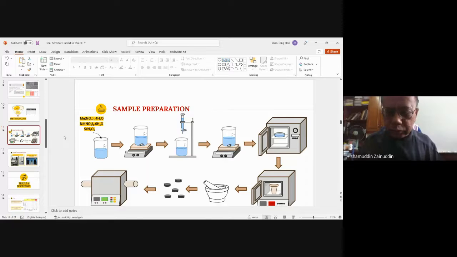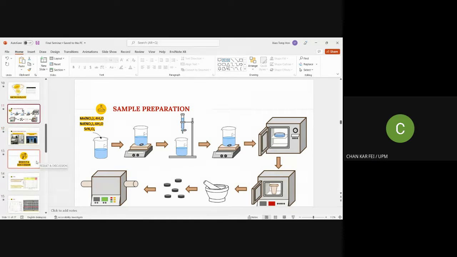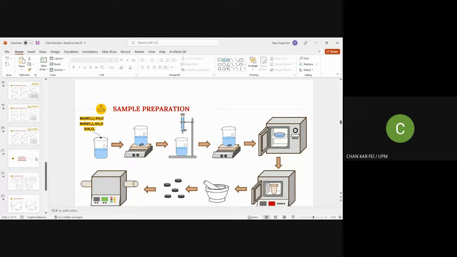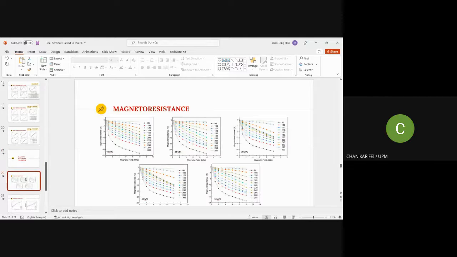Okay, any more questions? There's plenty of time here. Yeah, I have one, Prof. This is Chan. Okay. I have two, actually. Okay, first, go ahead. It is on your magnetoresistance slide, you show 5 graphs. The next one. Yeah. There's 80, 100, 120, 140.